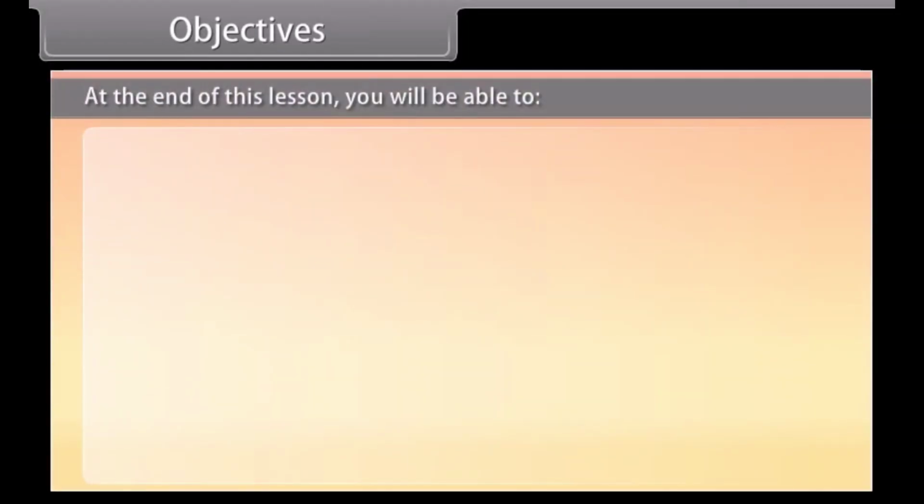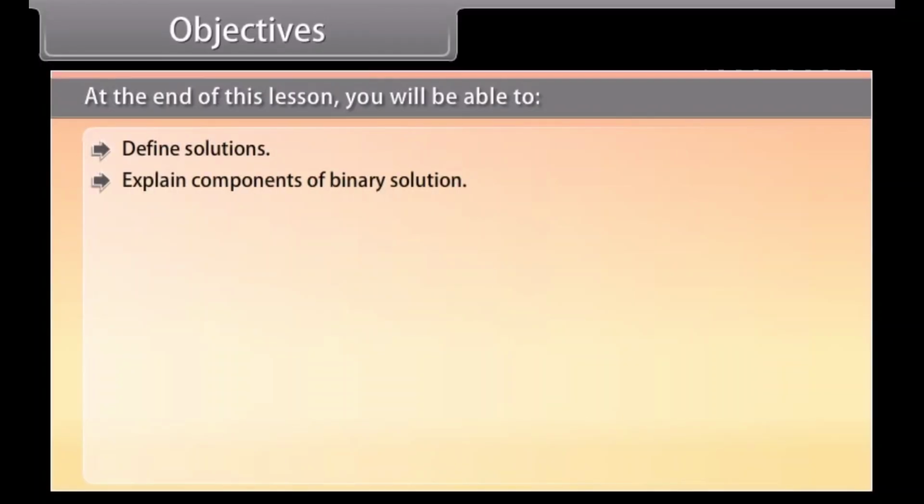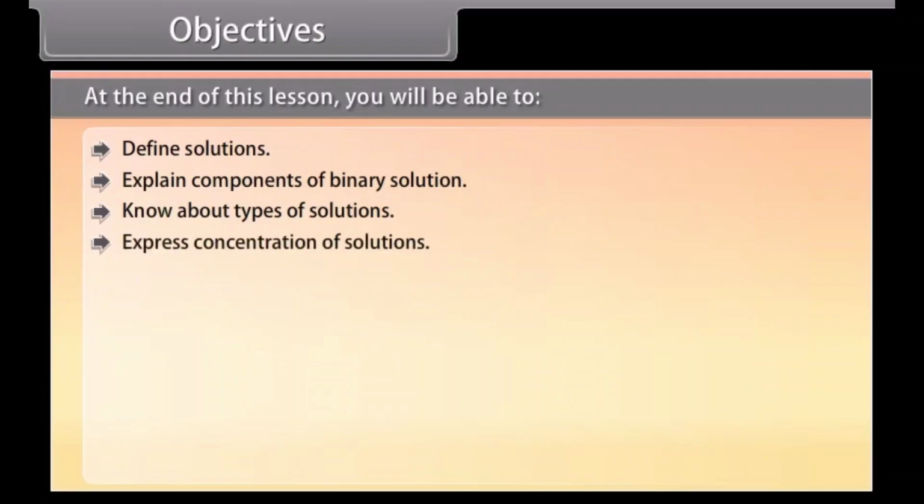Objectives. At the end of this lesson, you will be able to define solutions, explain components of binary solution, know about types of solutions, express concentration of solutions, calculate normality, molarity, and molality,